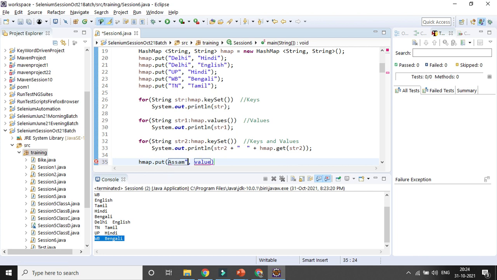I think Asmia is something called. Okay, so or maybe Tripura is also Bengali.